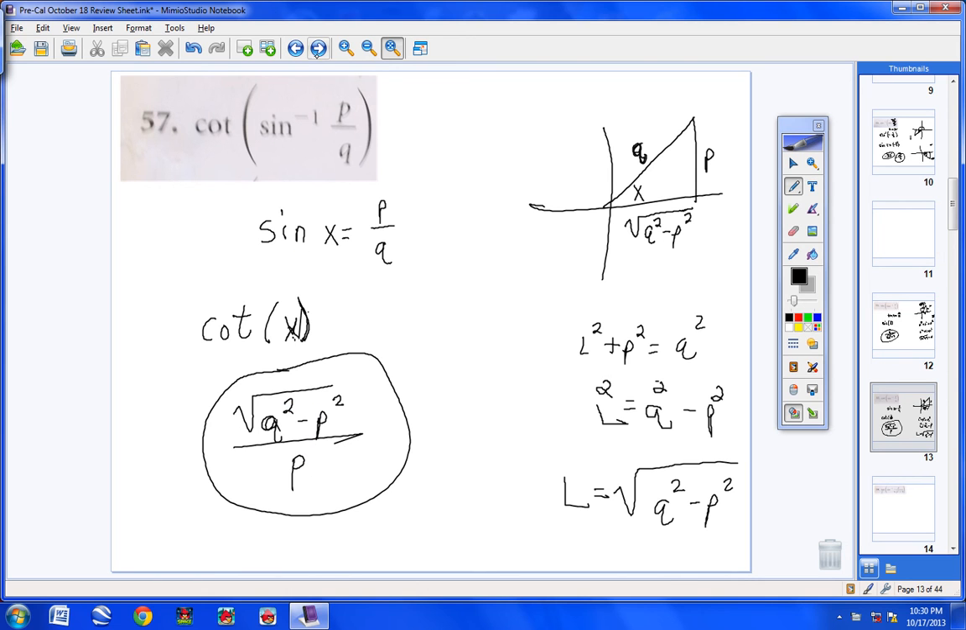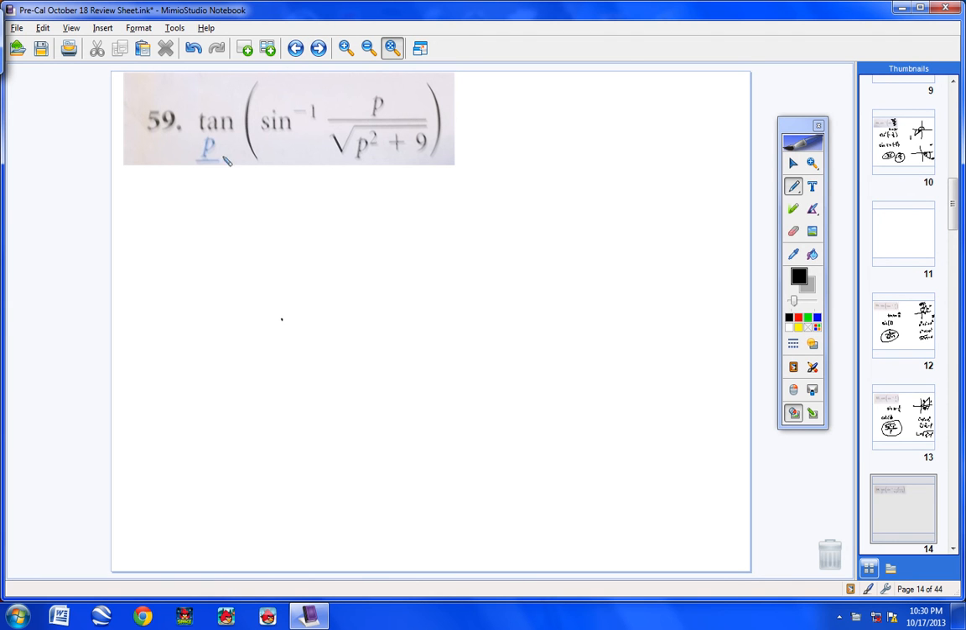All right? Number 59. Okay, this one will be interesting. Ignore that P right there. That's just part of another problem. Okay, now this will really be interesting. Inverse sine, of course, that means we're going to look for the sine of angle x equals